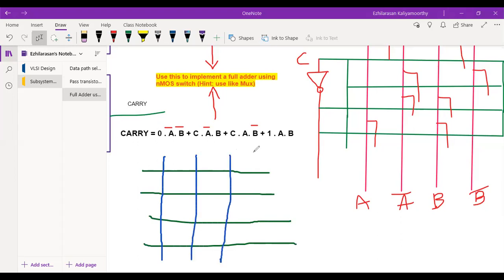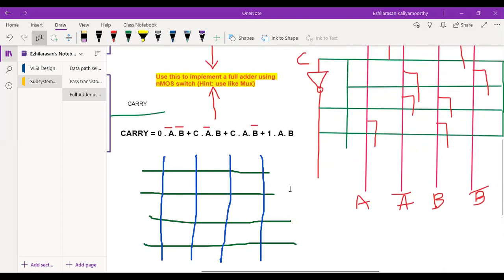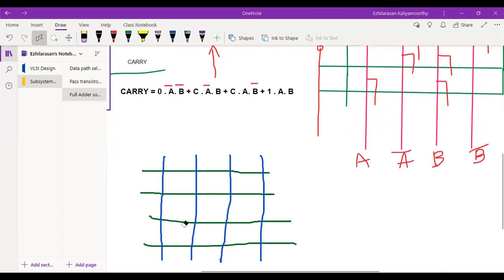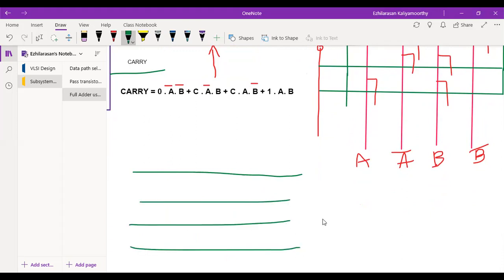Four control signals. Totally 1, 2, 3, 4.